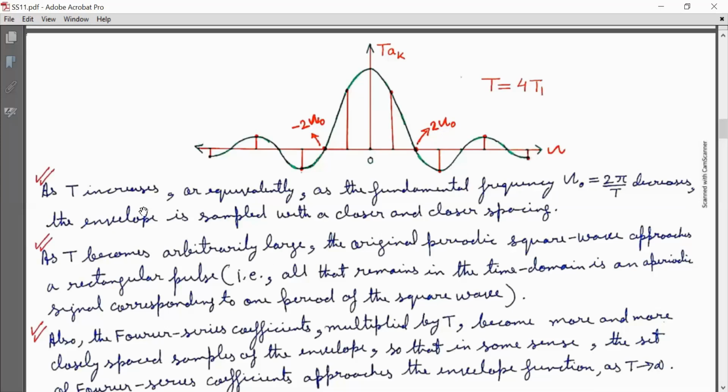Now as T increases, or equivalently as the fundamental frequency Ω0 equal to 2π by T decreases, the envelope is sampled with closer and closer spacing. That is, if Ω0 decreases, then the distance between these sample points decreases. As T becomes arbitrarily large,